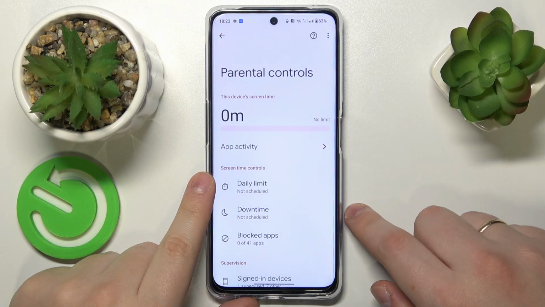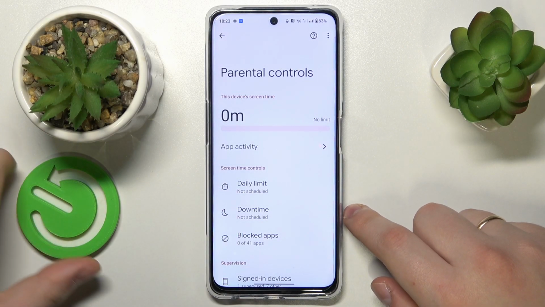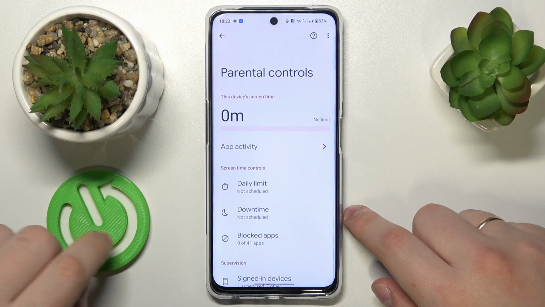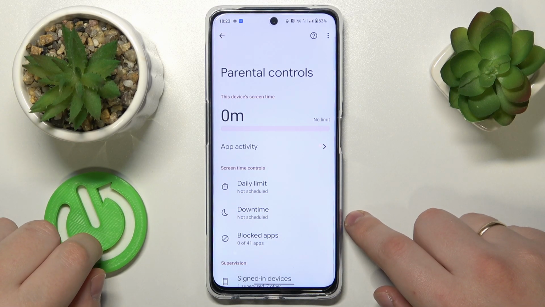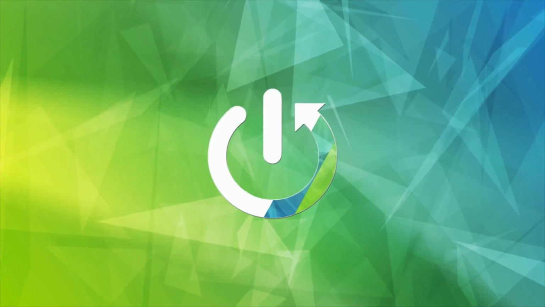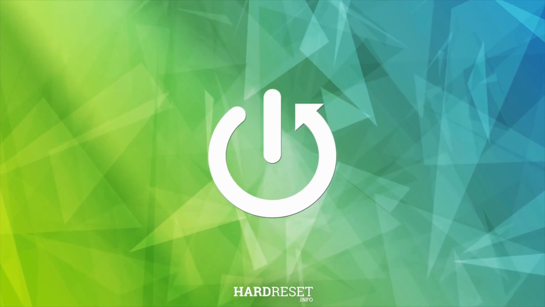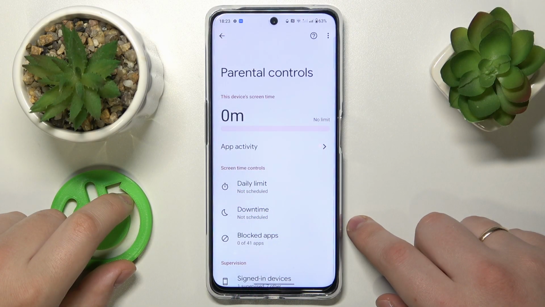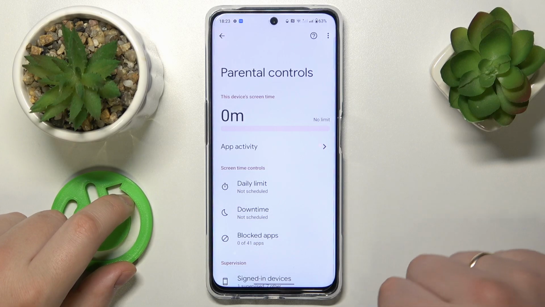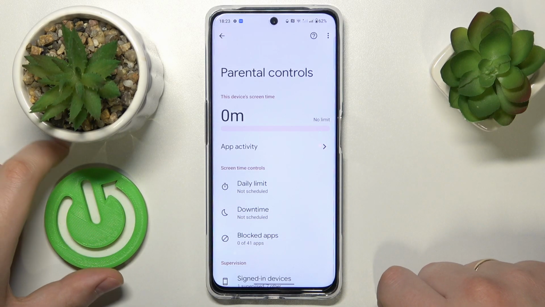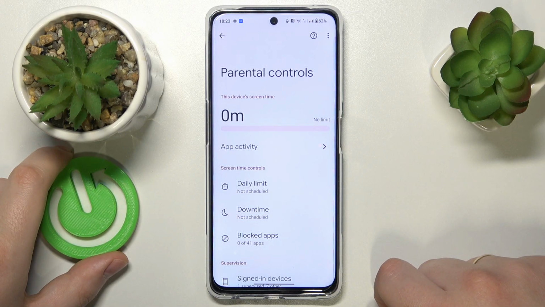This is OnePlus Nord CE3 Lite, and today I would like to show how you can bypass or turn off parental controls on this device. So if you would like to disable parental controls on your phone without having to grant any parental permission or